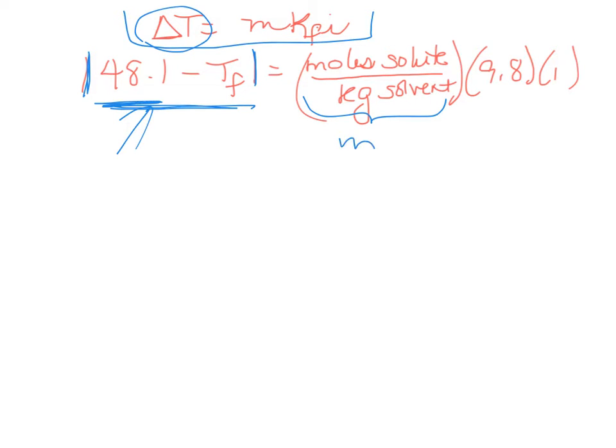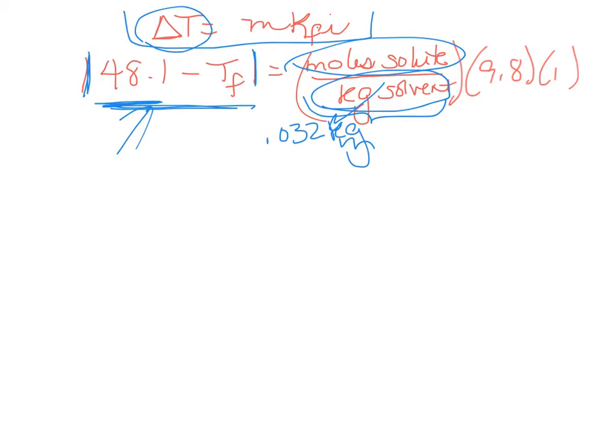Here's the formula for molality, moles of solute over kilograms of solvent. I actually know kilograms of solvent. The problem says that I have 32 grams of solvent. I'm going to convert that to kilograms by moving the decimal place 3 places to the left. All right, so I have 0.032 kilograms of solvent. Now, I don't know moles of solute right off the top of my head, but the